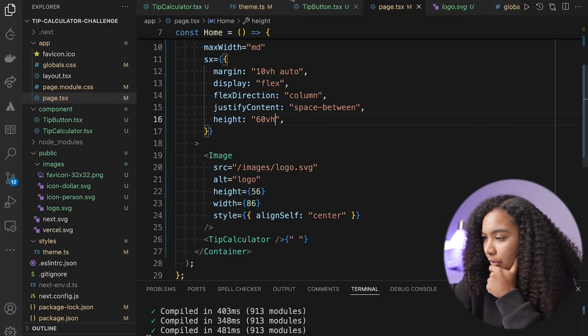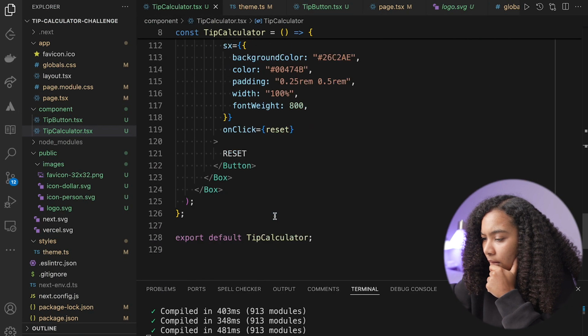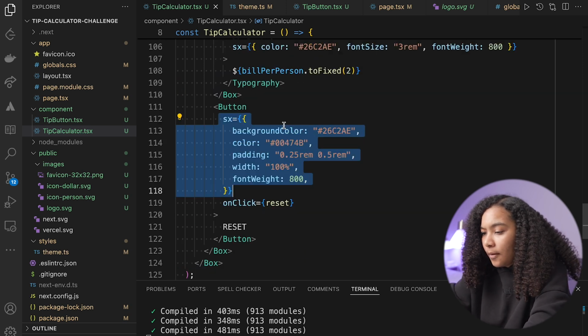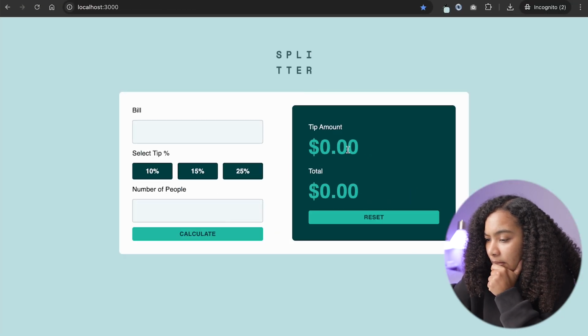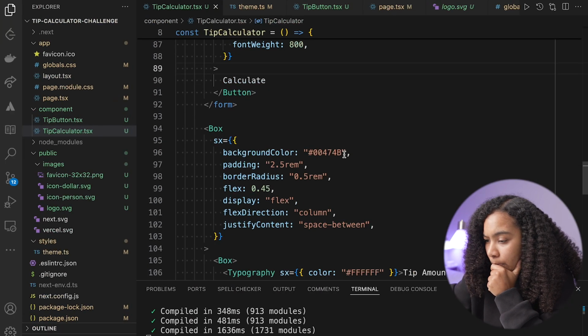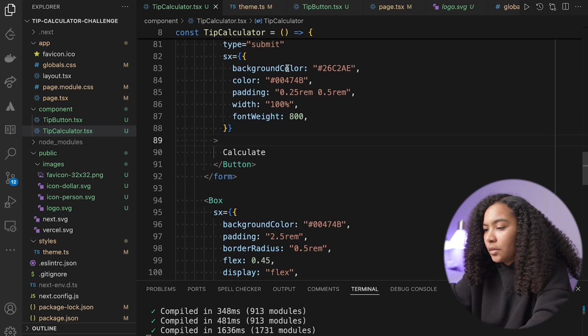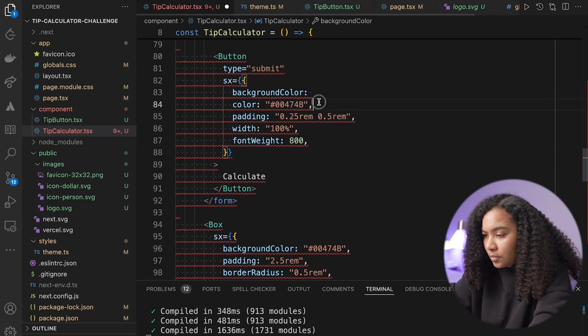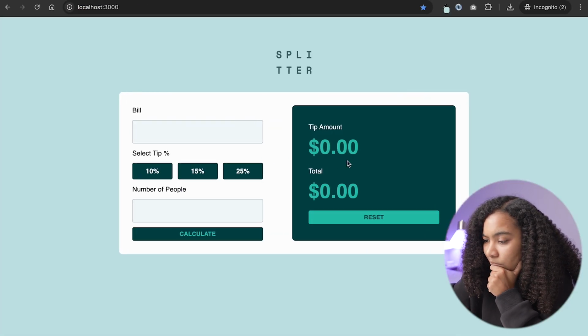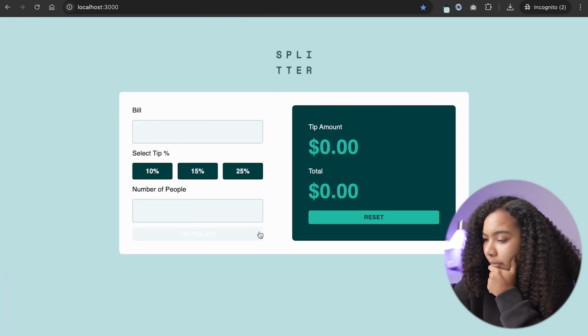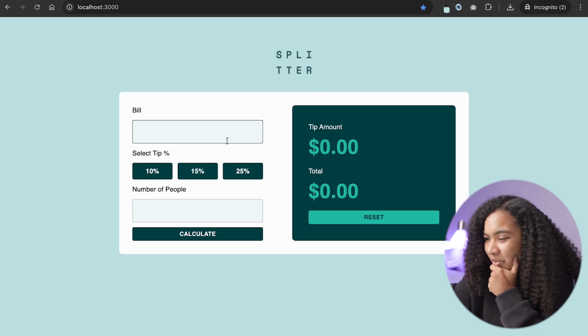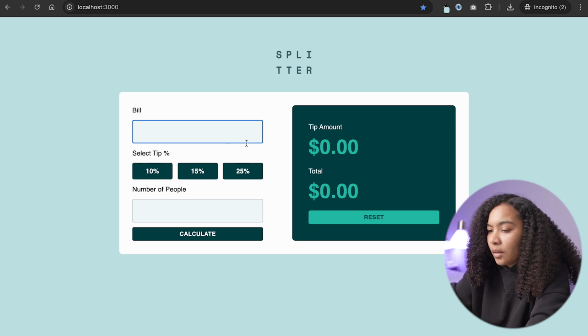Oh, and we should probably do something with that calculate button as well. Probably should have just made one button. Actually, no, I'm going to do the opposite colors. Probably white. Yeah, that looks better. Cool. I think that's pretty much it. We can say if the bill is